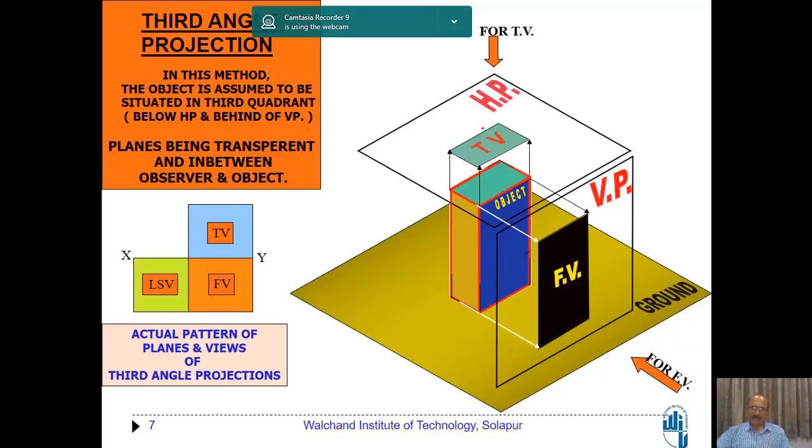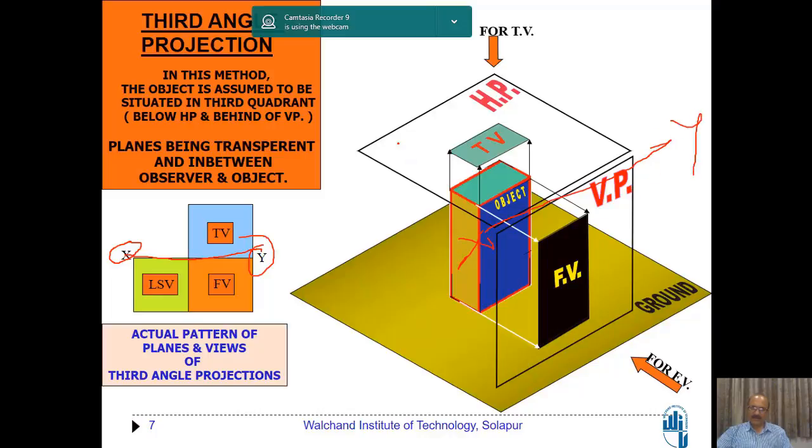And if you observe the same object from the top, we are going to locate this as the top view of this object. And this three-dimensional diagram, we are going to locate in the two-dimensional figure here. So the same reference line, the XY line, this is X and this is Y, and this is the reference line XY. Here the top view is coming above the horizontal reference plane.